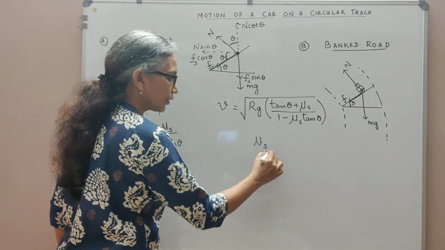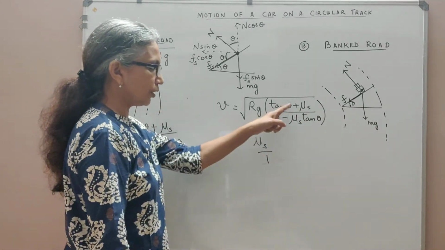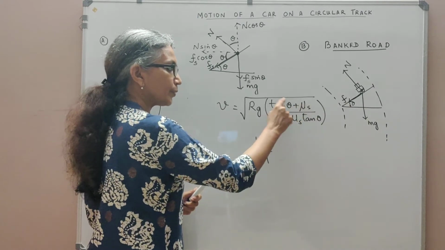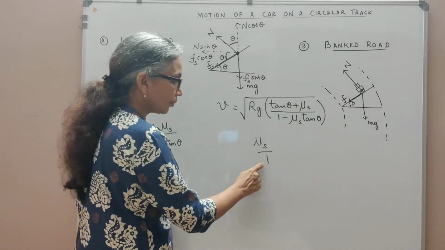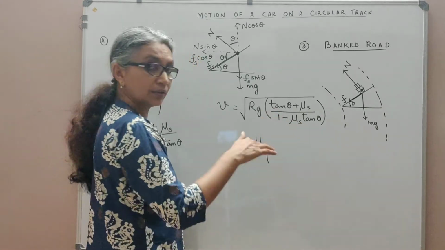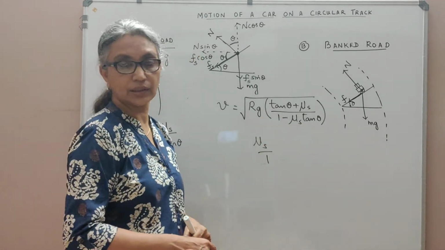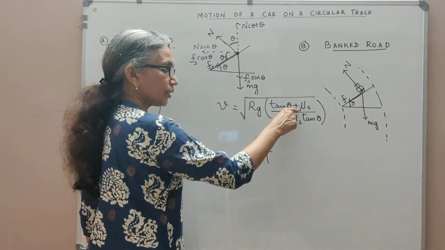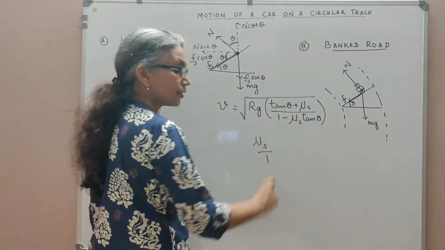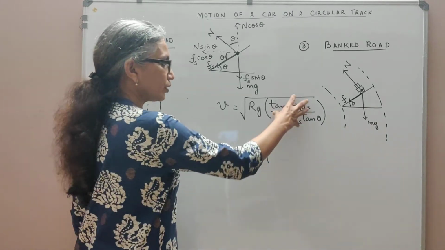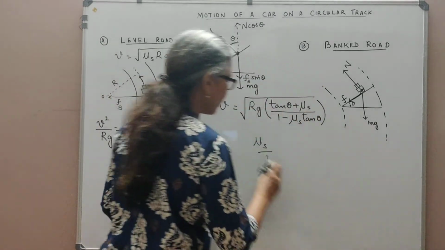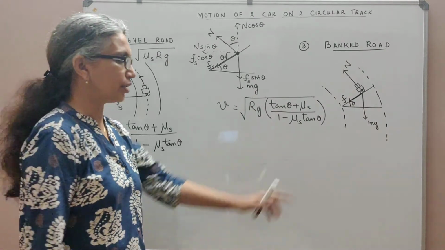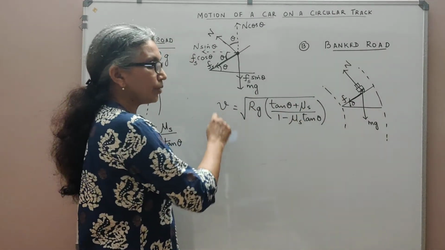Now mu s is actually mu s by 1, right? So when you replace this term with this, you will see that the numerator has increased by tan theta. It was mu s, so now it's mu s plus tan theta. So the numerator has increased, and the denominator, which was 1, has become even smaller, 1 minus mu s tan theta. So you see that this whole value is larger than mu s, because the numerator has increased by tan theta and the denominator has decreased by mu s tan theta. This whole value is greater than mu s, which means by simply banking the road, that is raising the outer edge of the road with respect to the inner edge by an angle theta, you may have larger permissible speeds